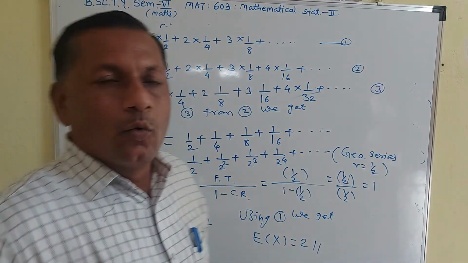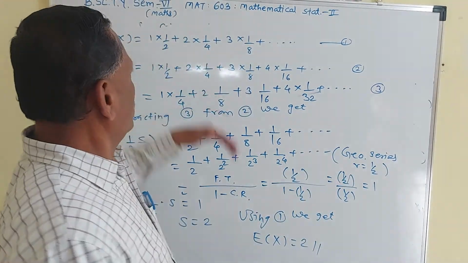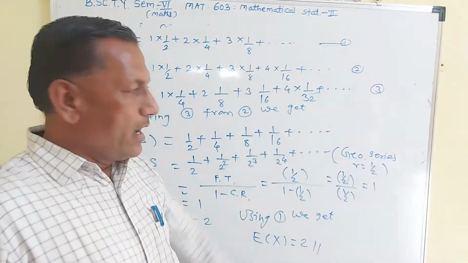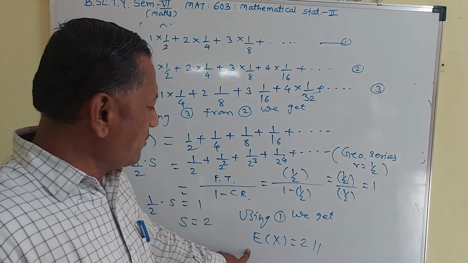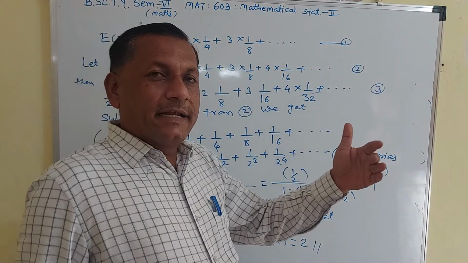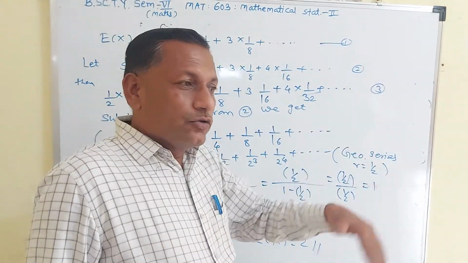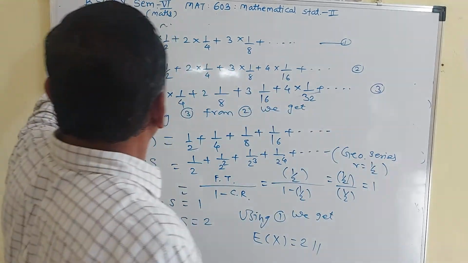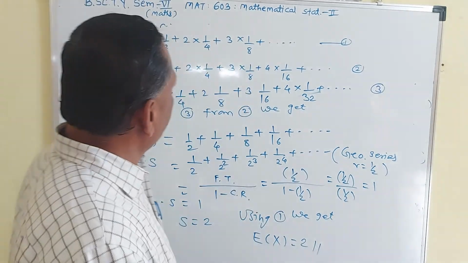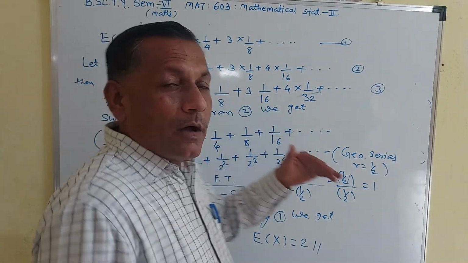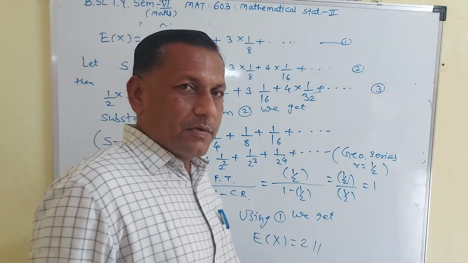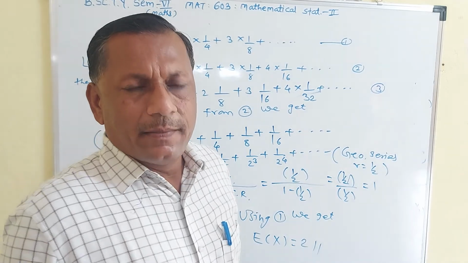Thus your question is, if you toss a coin, what is the mathematical expectation of the number of tosses required? The expectation of the number of tosses required until a head appears is 2. Similarly, you can find the mathematical expectation until a tail appears, and its answer is also 2. So you remember this. We stop here. Thank you.